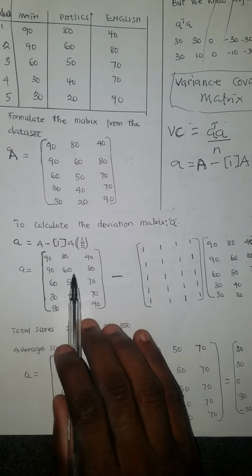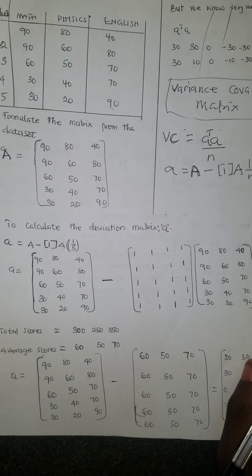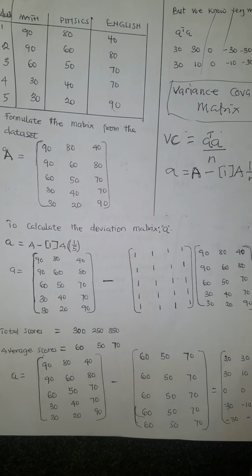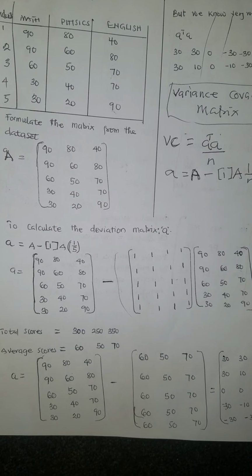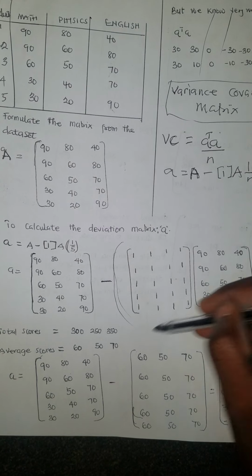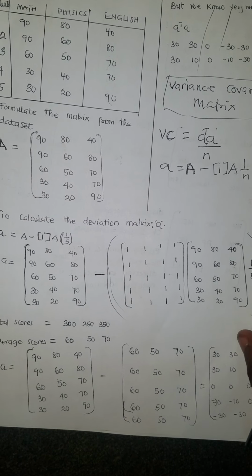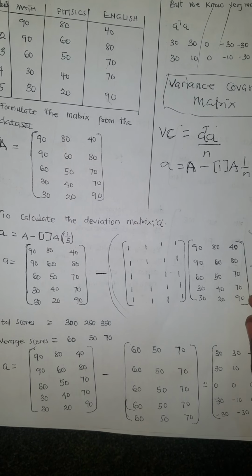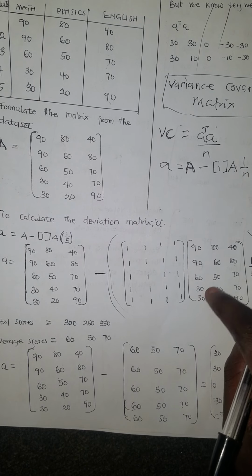Now, you just substitute the formula inside. So I told you that this matrix here, this whole thing here, all they are just doing is finding the mean of every